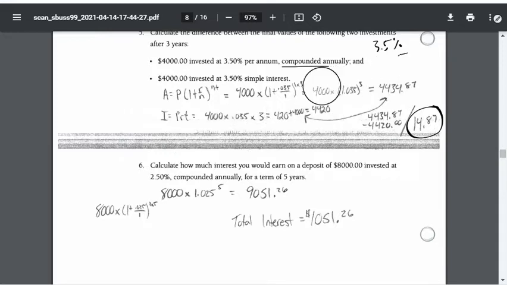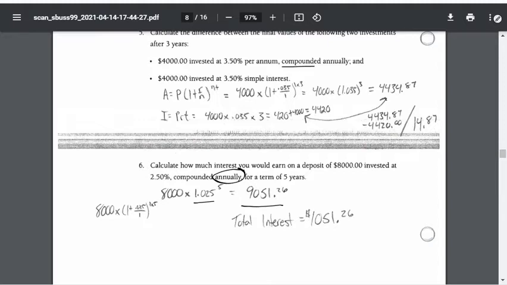Hopefully that makes sense. There's a good question that shows how compound gets bigger and bigger over time. The next one is 8,000 at 2.5% for a term of 5 years. Because it's compounded annually, I don't have to divide my percentage by the number of terms, because it happens just once a year. So that's why it stays at 1.025. And the term, of course, is 5 years, and it's only done every year, so it's to the 5th power. And you end up with